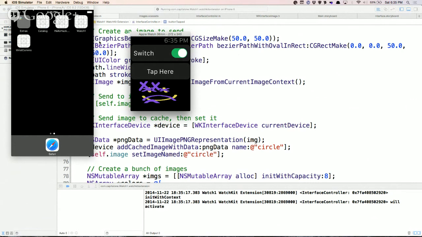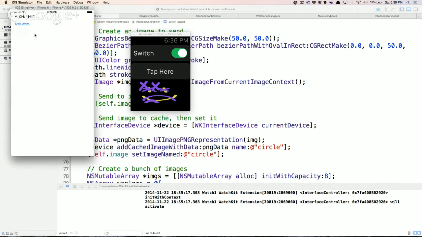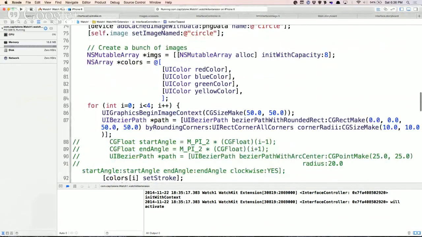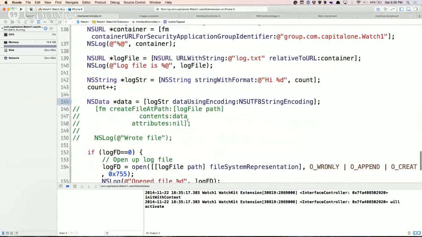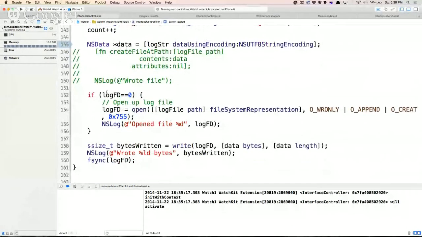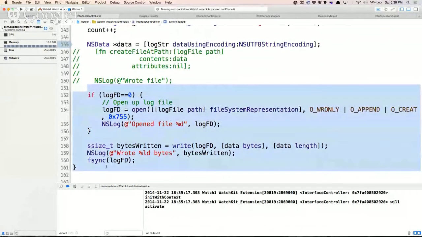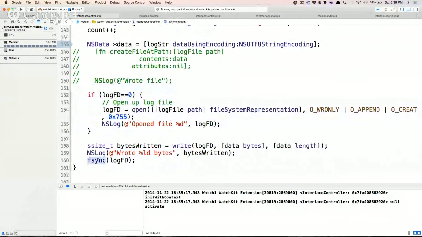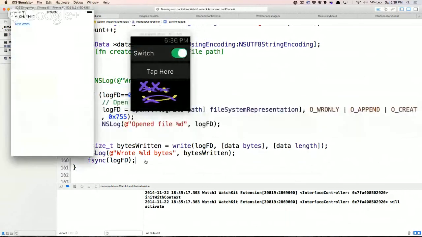And what I wanted to do was over here, watch 1. Every time I flip the switch, it's actually going to write to a file. Let me jump down to the code. It's doing some old school C, maybe a long time since some of you saw that. We pulled it out, and it just writes a few bytes out to a file so that every time we flip this switch,